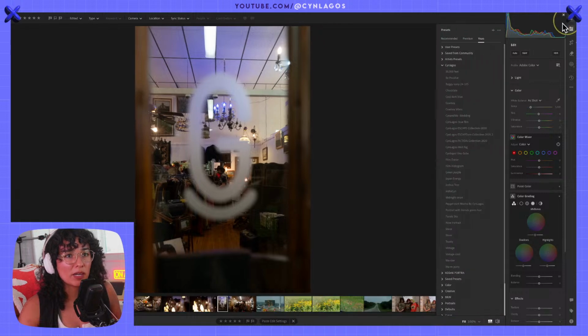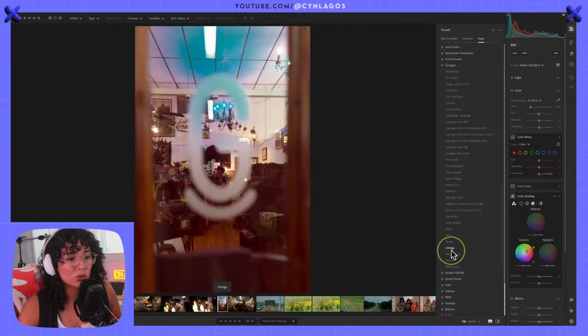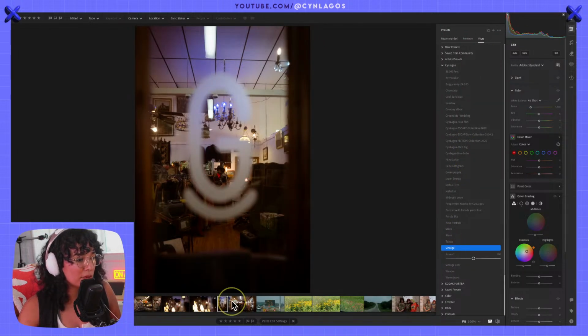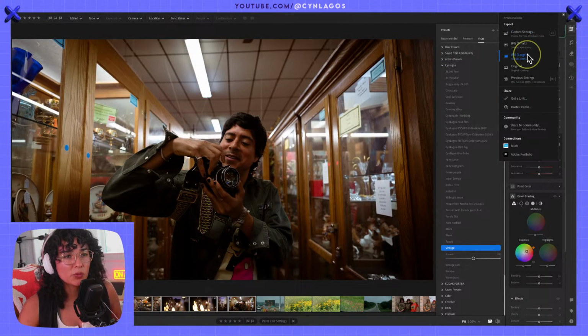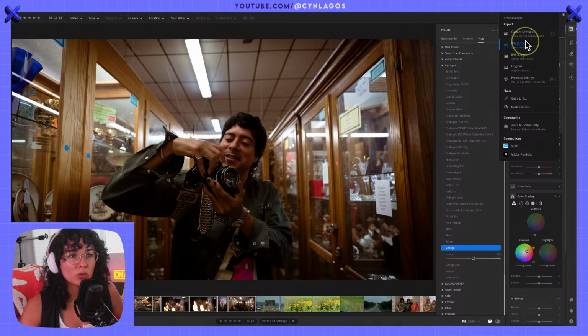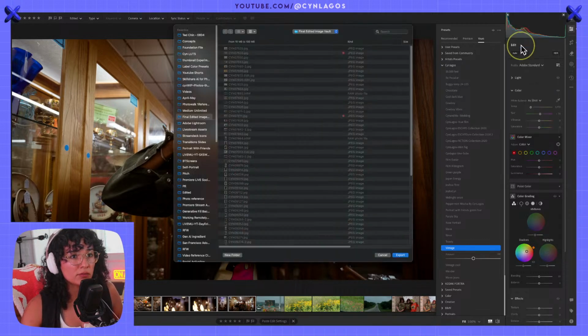Okay, let's go back to that preset. Vintage. There we go. Now let's export all of these three. And should we do large or small? It's going to go to my website and online social media. So I'm gonna do small for now.